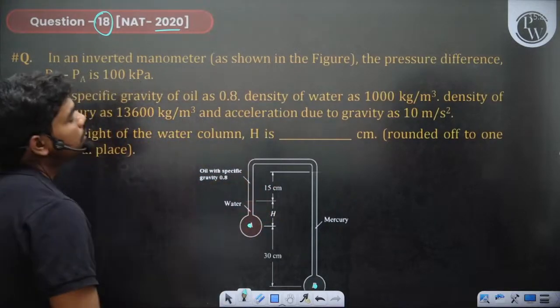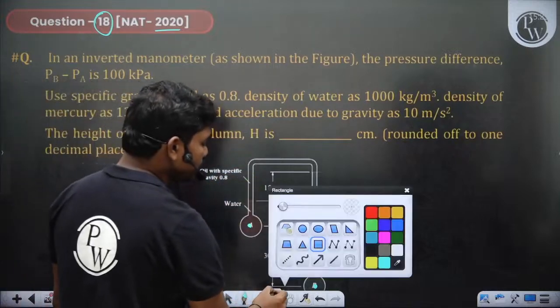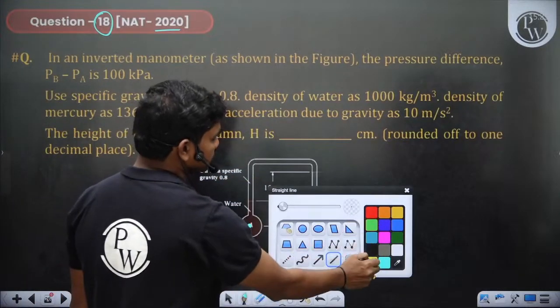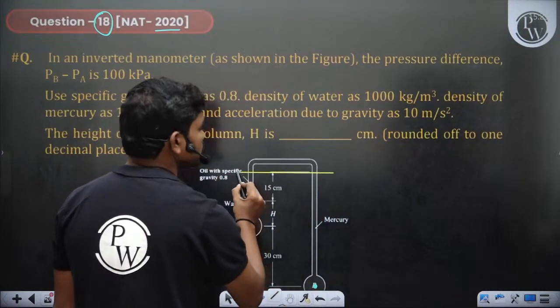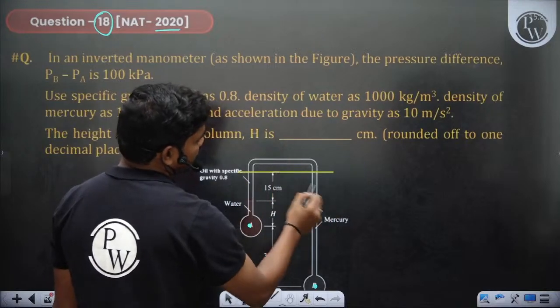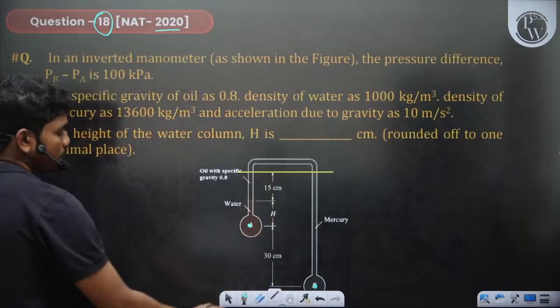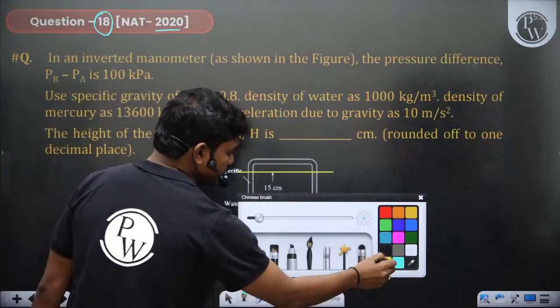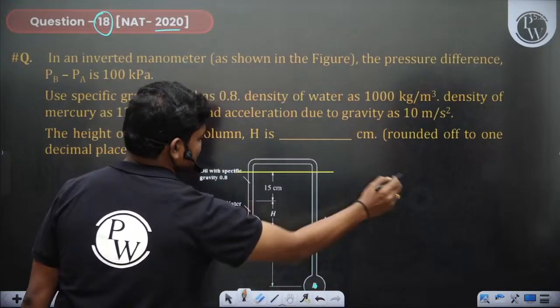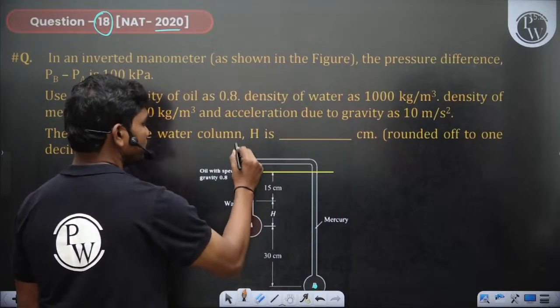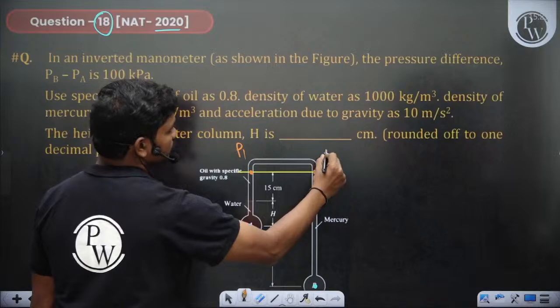Now if it is inverted, then you will take the topmost interface, correct? And the topmost interface is at this point. This is the topmost interface. Now, as per hydrostatic law, here if you call the pressure to be P1, and here if you call the pressure to be P2,